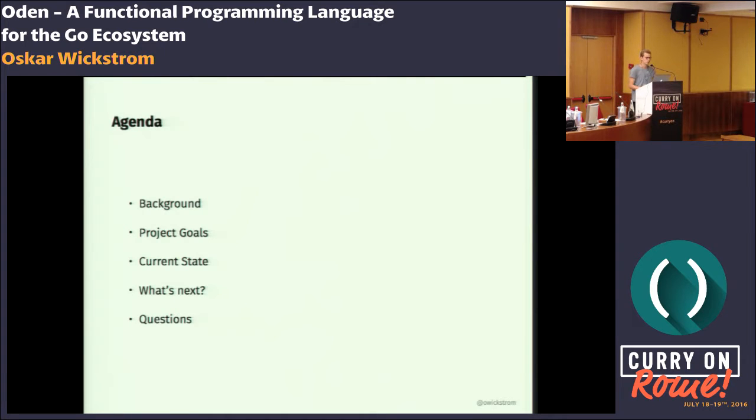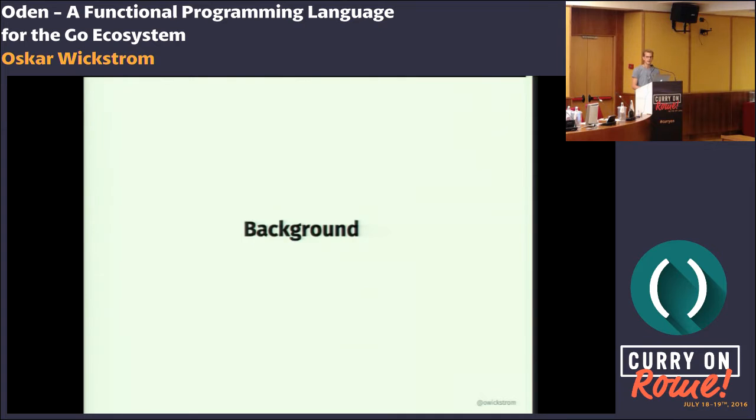And today we will look at the agenda, or sorry, at the background of this project, why I started it, the specific goals for this project, and the motivation. We will look a bit at the current state and what's coming up next, perhaps, and we will have some time for questions, I think. So starting with the background,